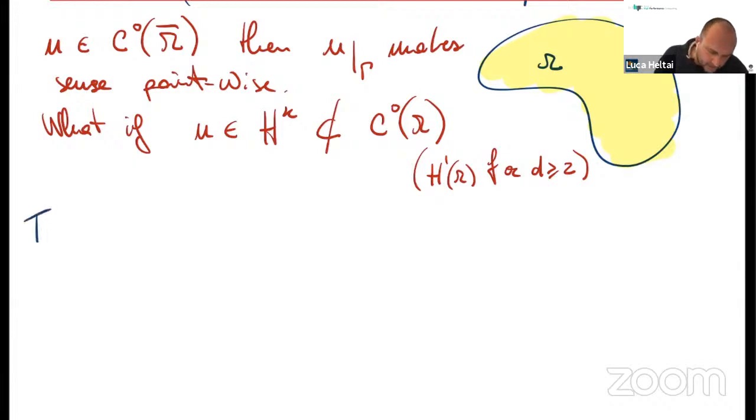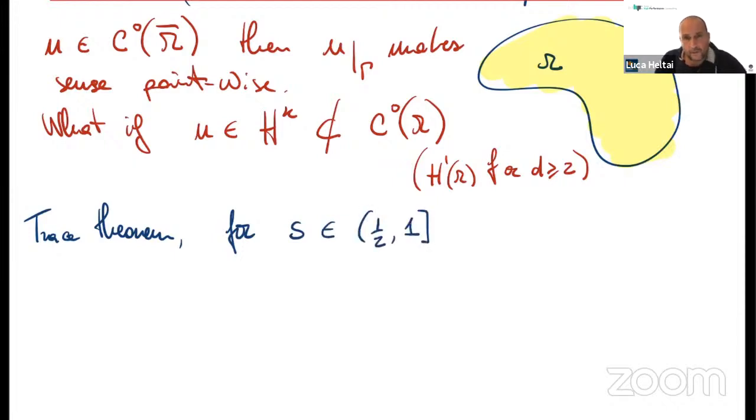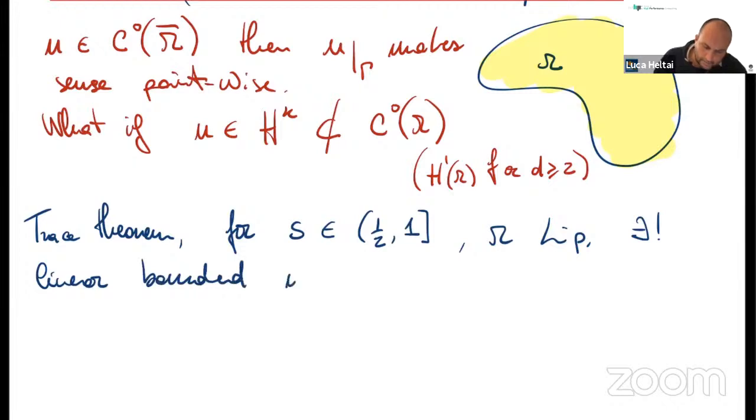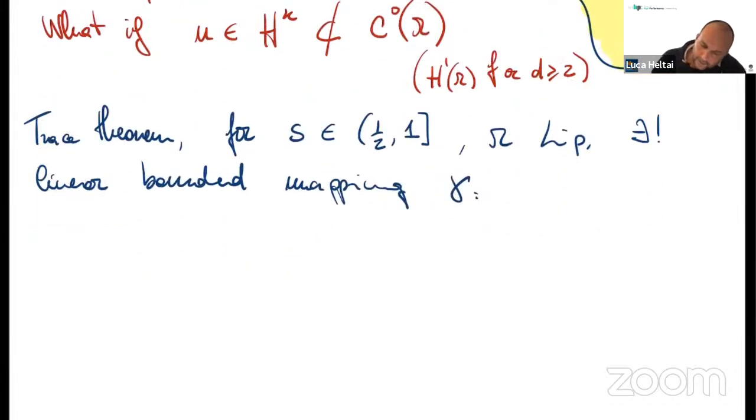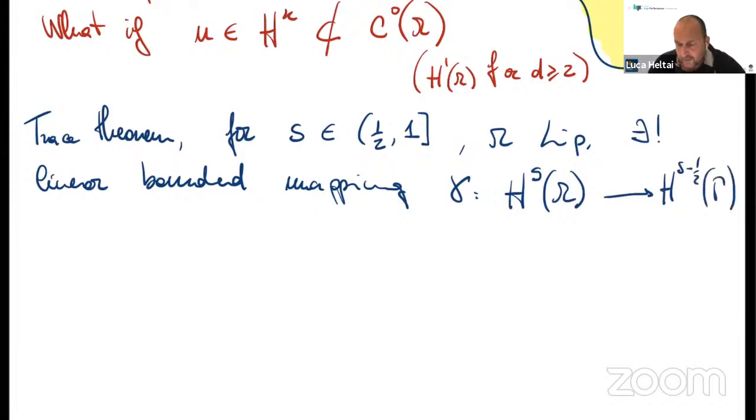So the Trace theorem says the following. For s in the interval 1/2 to 1, Omega Lipschitz, there exists a unique linear bounded mapping gamma that goes from H^s of Omega to H^{s-1/2} of Gamma, such that